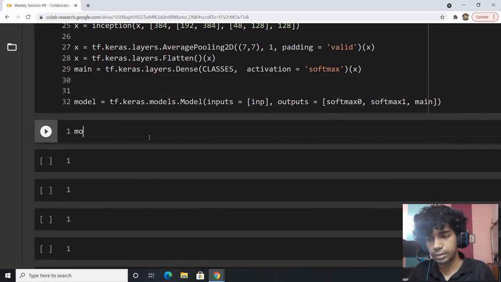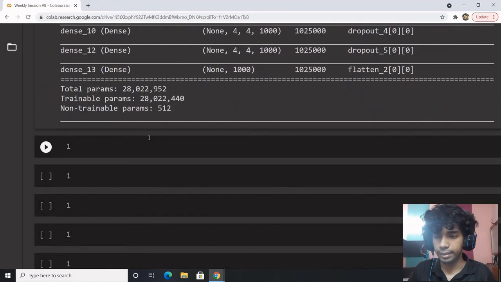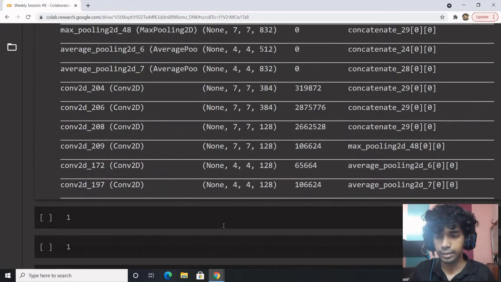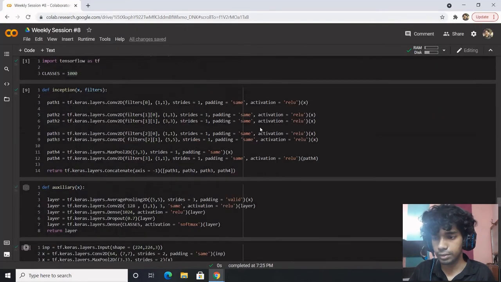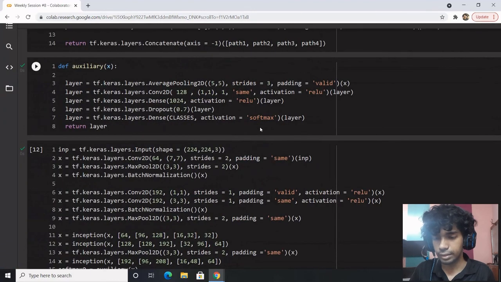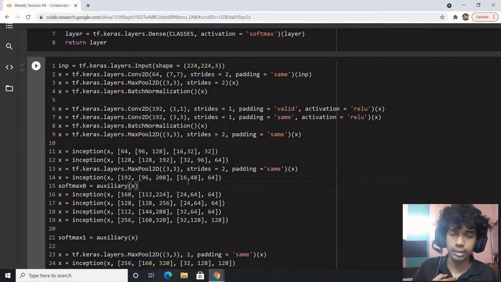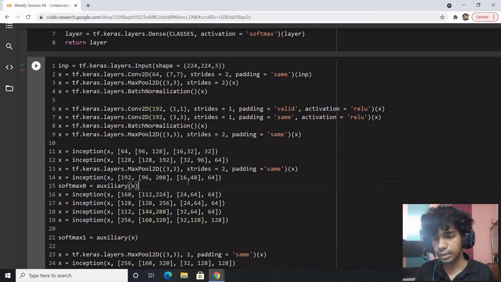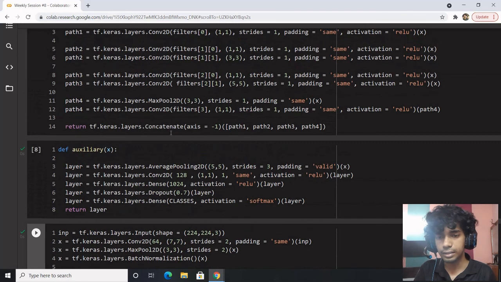Let us obtain the model summary. And we have finally obtained our GoogleNet implementation more or less correct. I hope you learned a lot with this implementation, and then we will learn that to solve the vanishing gradients issue, GoogleNet introduced these kind of things: softmax 0 auxiliary functions. Then we'll understand how the skip connections work. Here you learned about concatenation and the use and flexibility of accessing any layer out of anywhere.